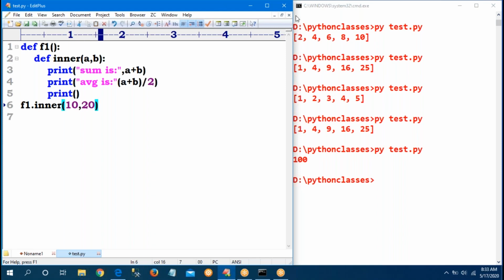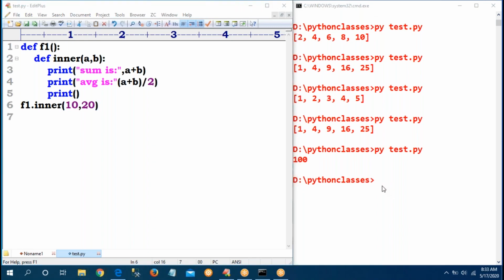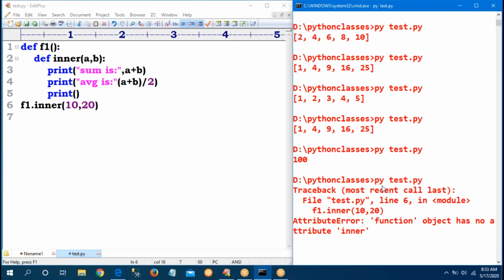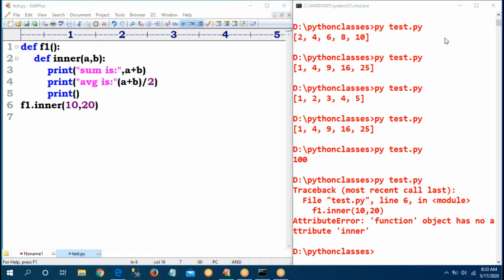Now I am running. What will happen? See, if f1 is a class and inner is a method, then your answer is fine, because with the class name I call the method.